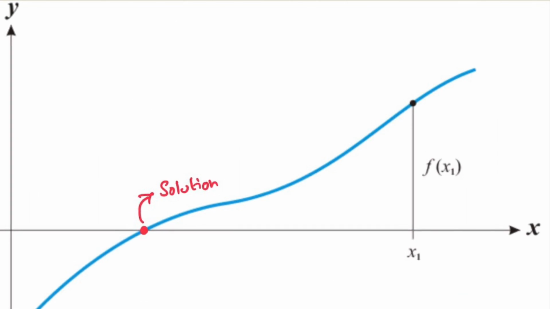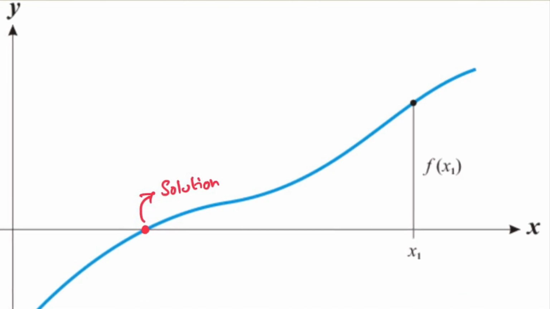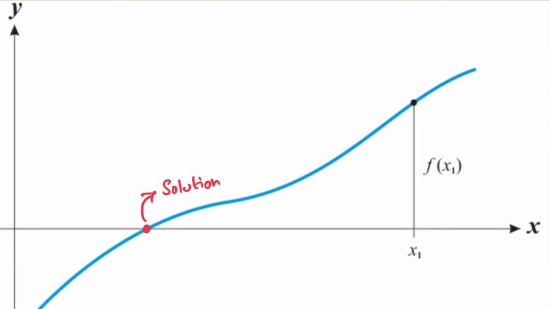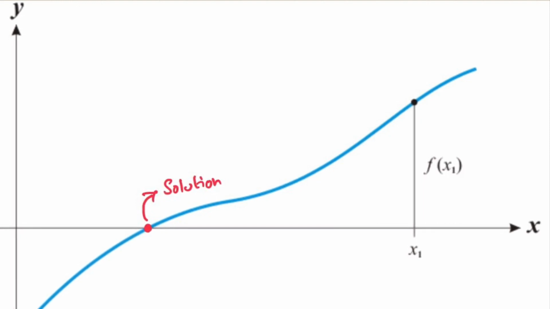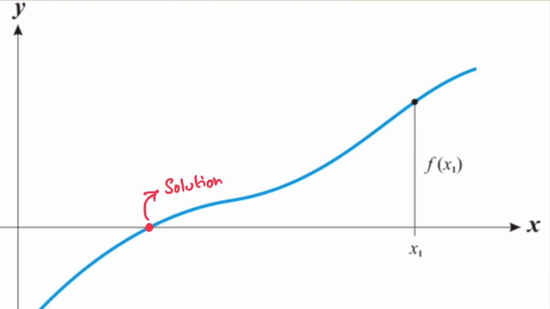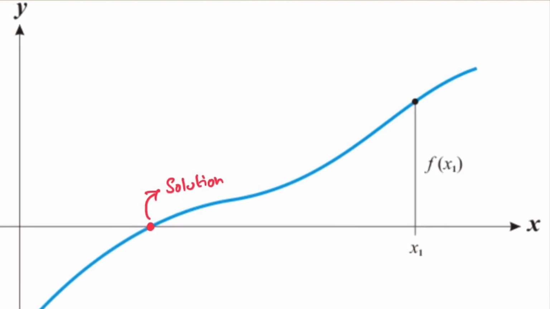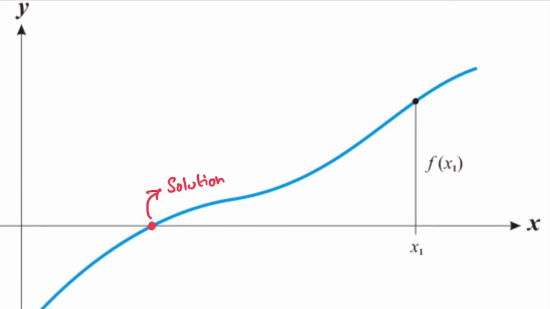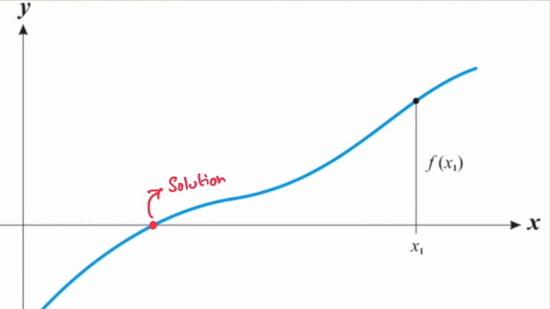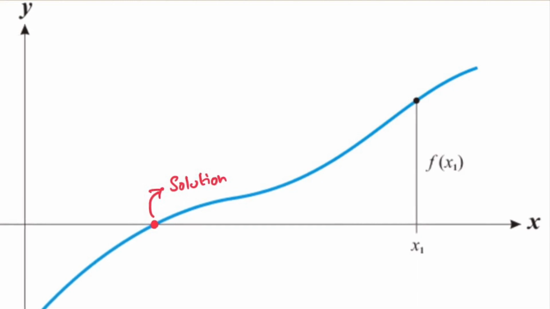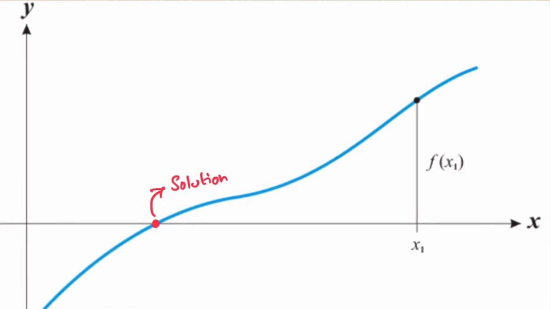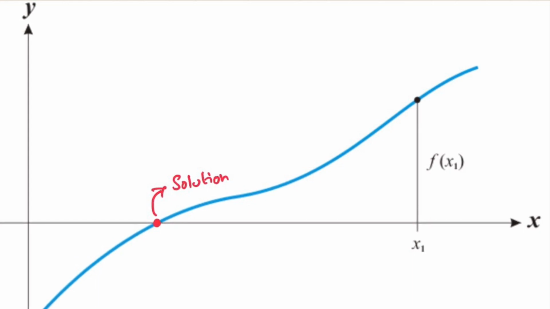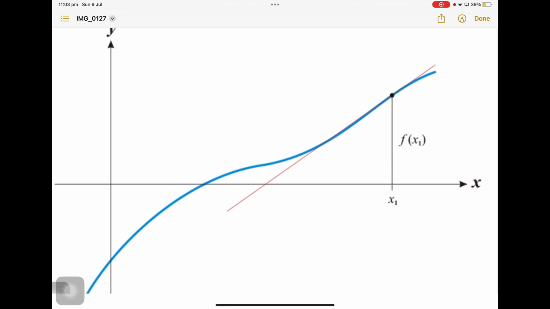So let's consider a function f of x that can be plotted on an xy scale as shown here, and our goal is to find the solution, that is, the point where the curve meets the x-axis at y equal to 0. That is shown in the plot with this red dot. So we have to find that. That's our solution. We can start our algorithm with some kind of initial guess, which is x1 in this case. So our goal is to have a tangent line,